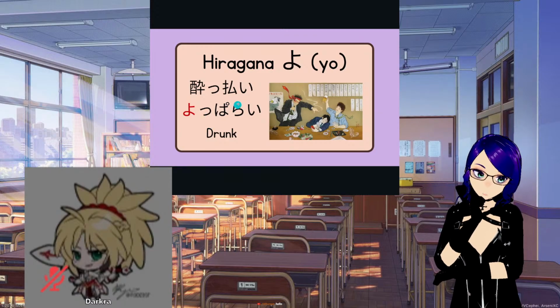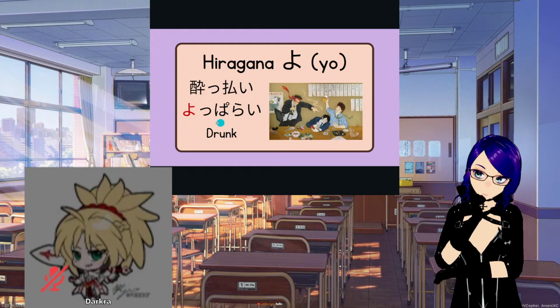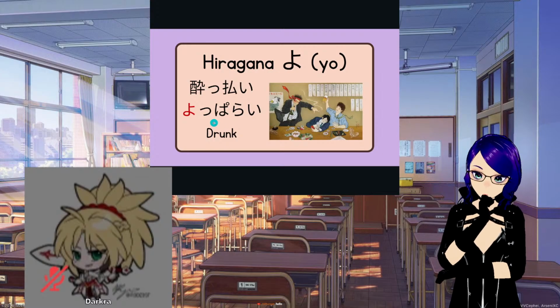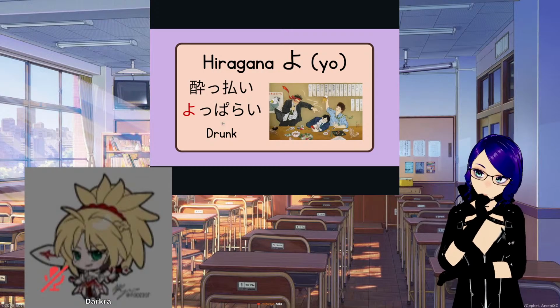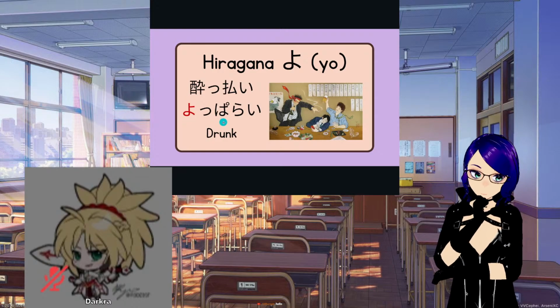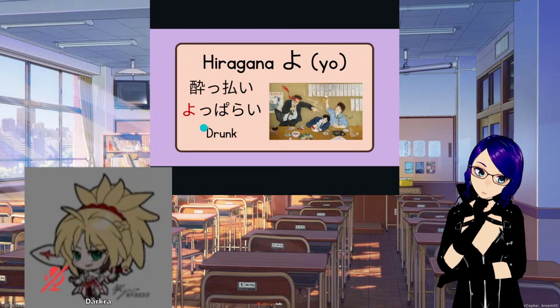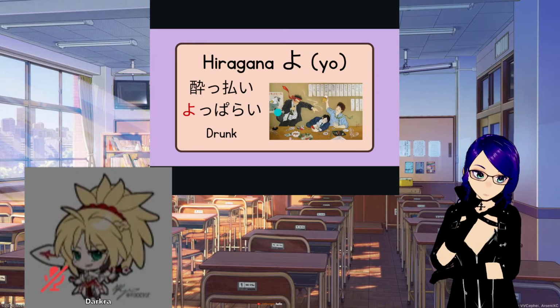And then this little circle thing here, I will go through this after the handwriting stream. This is the dakuten and handakuten part, so they add a little thing to change it. For those of you who remember, this character without the little circle is ha. With it, it's now pa. Can you hear the H sound turns into a P? That's just how it transfers. Anyway, this is yo pa rai, yopparai. Yopparai means to be drunk, on alcohol basically.